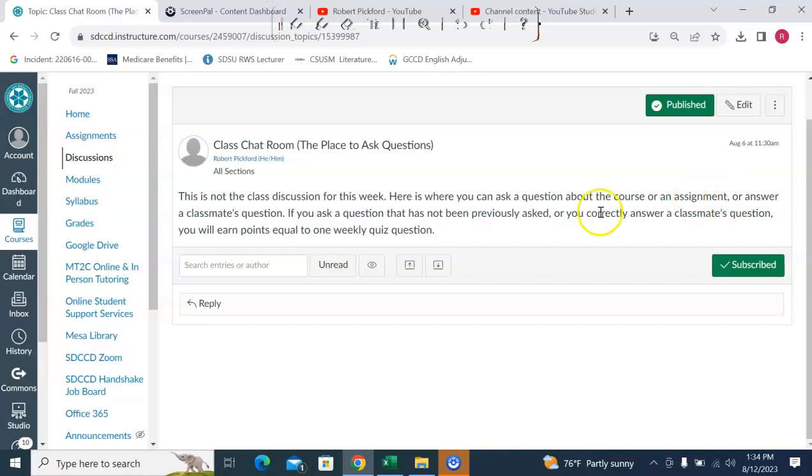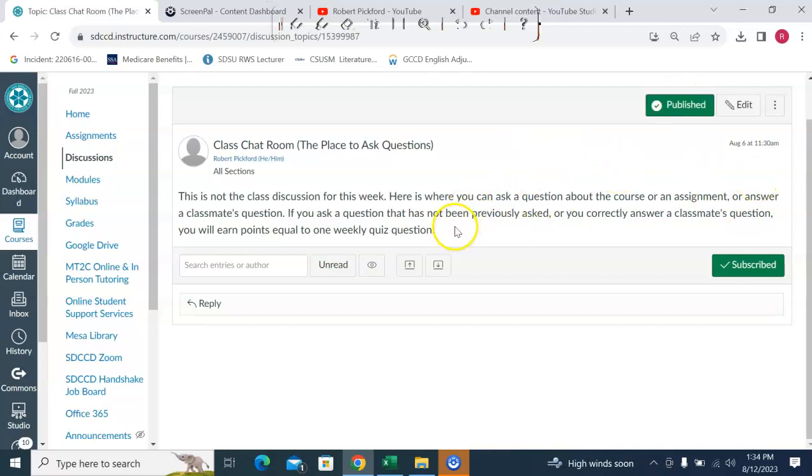And if it's of a personal nature, like your grade or something like that, you can use the inbox page, which is basically an email application over here on the left. But here in the chat room, if you want to ask a question about an assignment or something related to the course, please ask it. Your classmates may have been thinking of asking the same question. You beat them to it. Other people in the class might benefit from seeing my response to you. And I always have time for your questions.